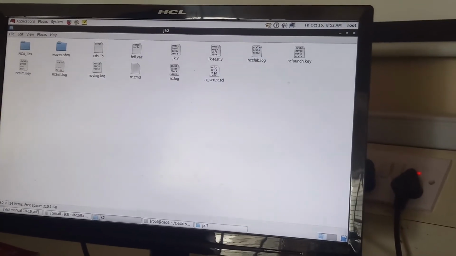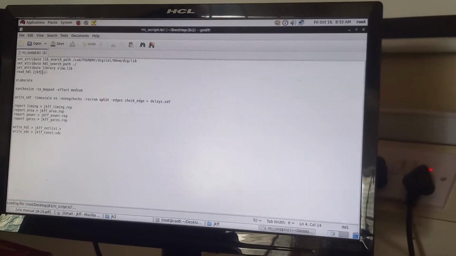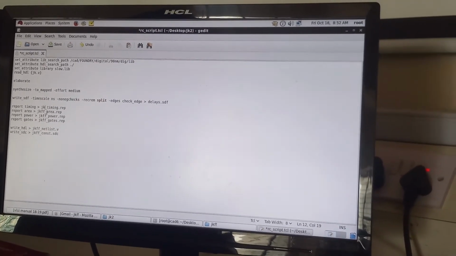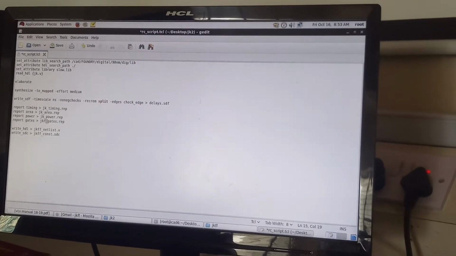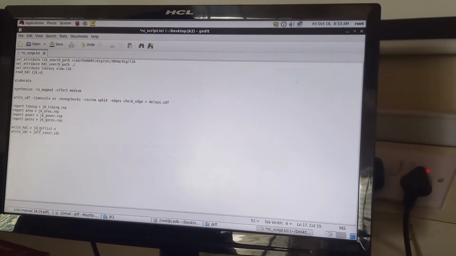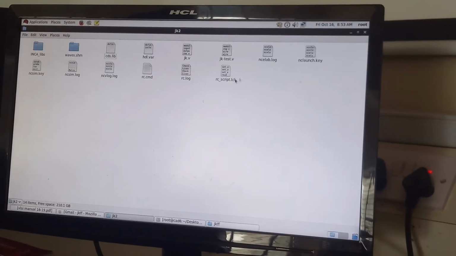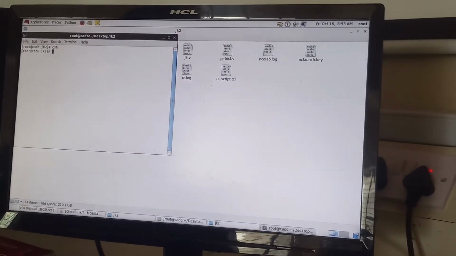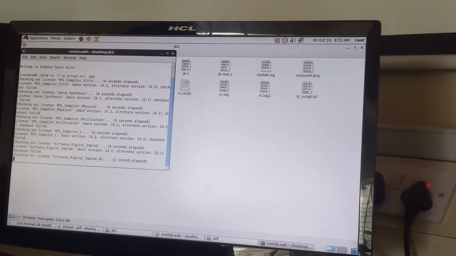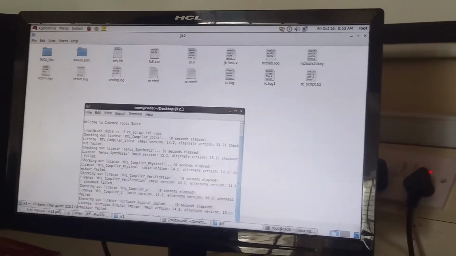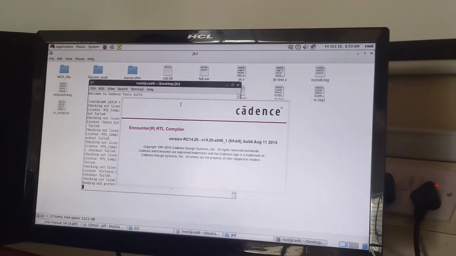What is the name? I have given JK. So you have to change the name according to what you have given, JK, not FF. Change it to JK, save, close, again open terminal. Automatically the area and power files will be generated, then the RTL synthesis diagram will open.